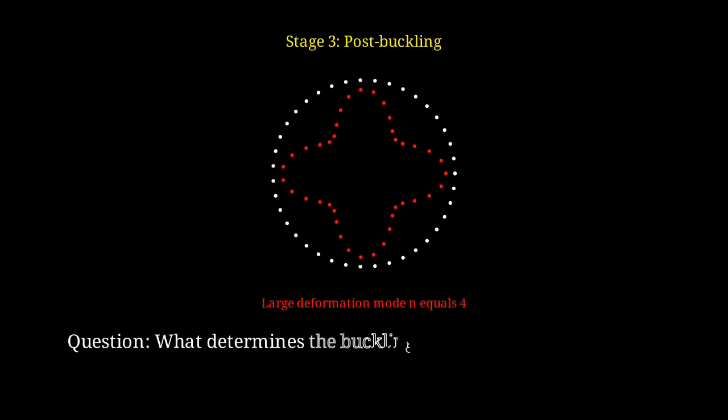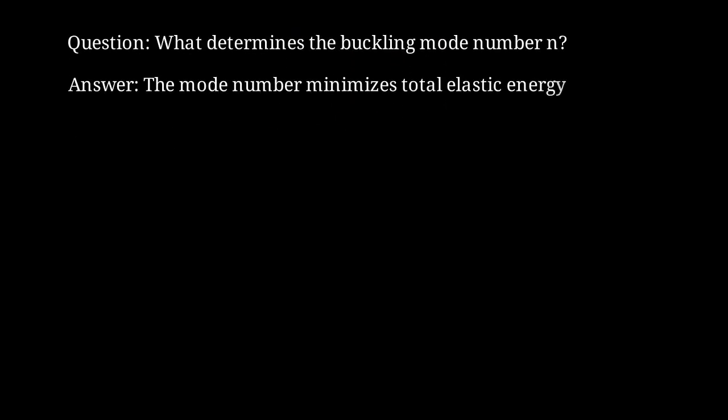Here's an important question. What determines the buckling mode number n? Why do we see mode 3, or 4, or 5? The answer is that the mode number that appears is the one that minimizes the total elastic energy at the buckling transition. Classical theory predicts this. The optimal mode number is approximately the fourth root of 12 times (1 minus nu squared) times r squared divided